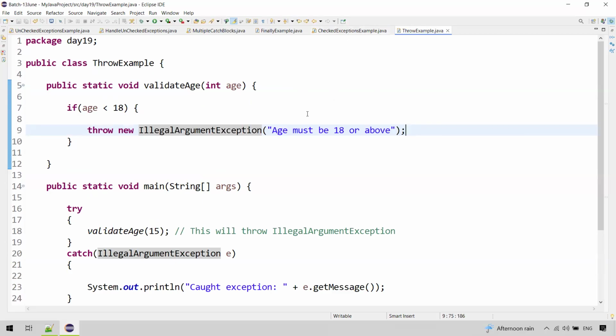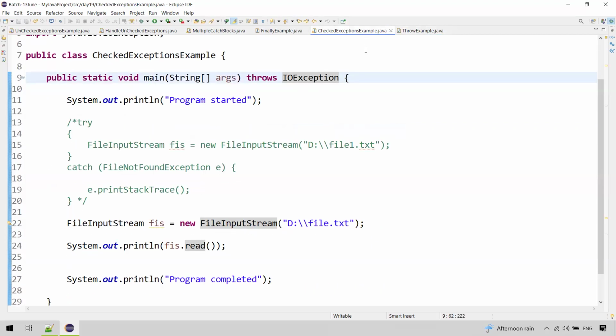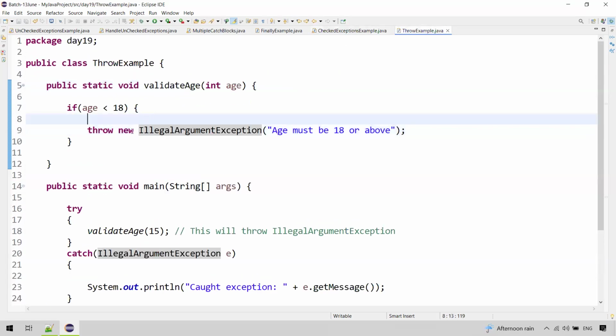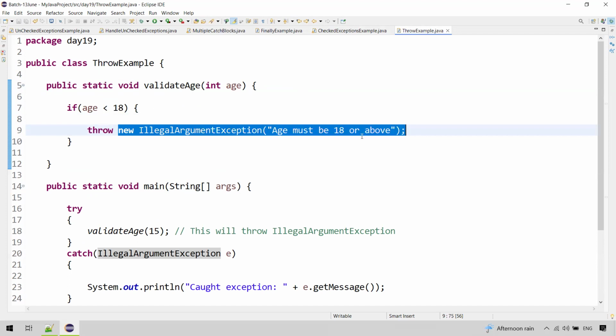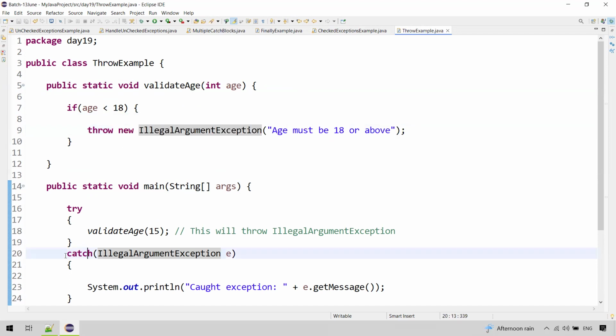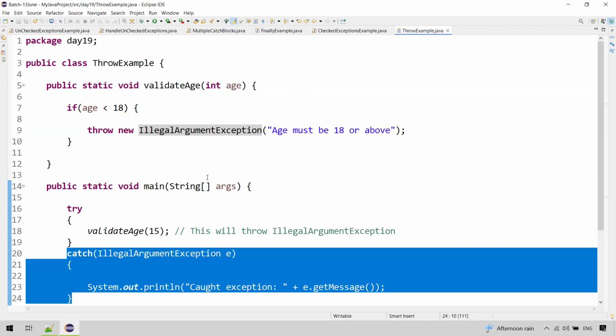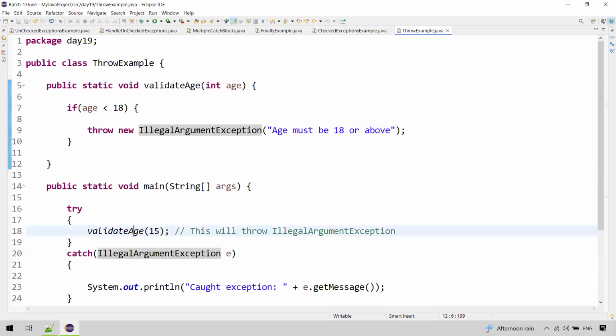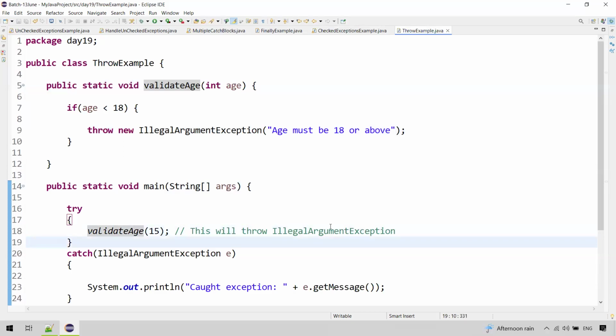So these are the differences between throw and throws, and the purpose of throws and throw. It's simple. Throws is used to handle the exception, and throw is used to throw the exception. And it's up to the calling method how it handles the thrown exception. So this is about exception handling. Just to summarize